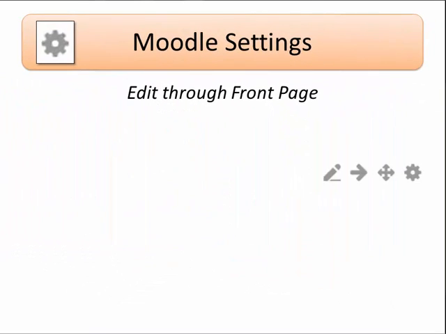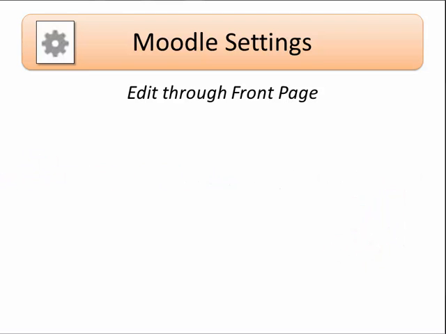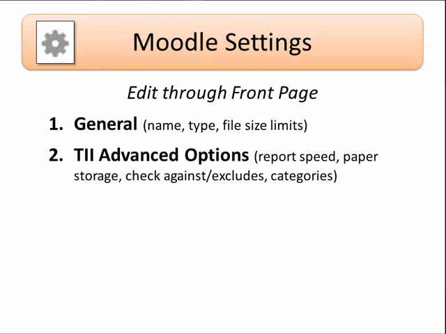With editing on in the front page, click on the gray gear icon associated with the Turnitin assignment and you can change the following settings. You can change the name of the assignment and the file type and size allowed. You can set the way that Turnitin looks at the papers, including when the report is available for students, which repository the paper will be stored in or checked against,